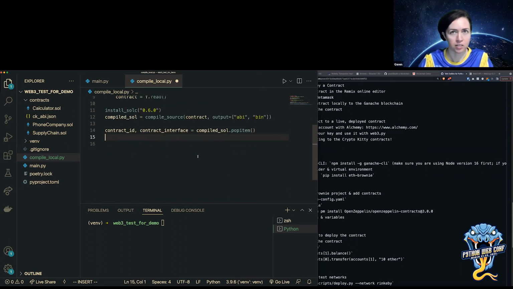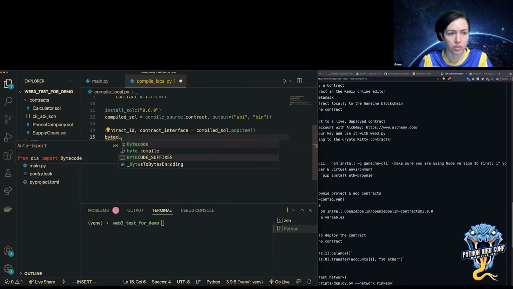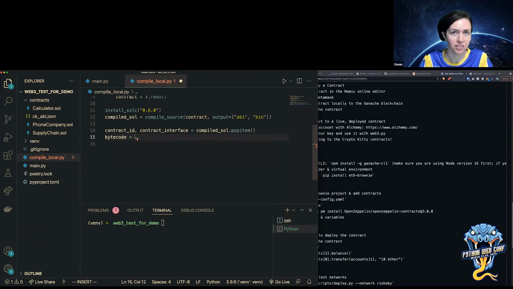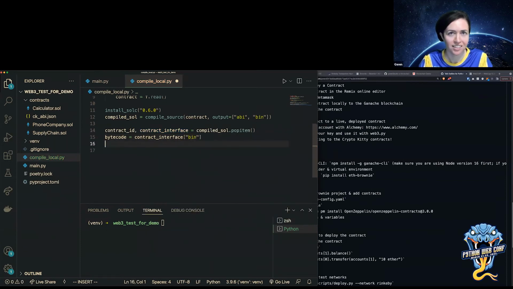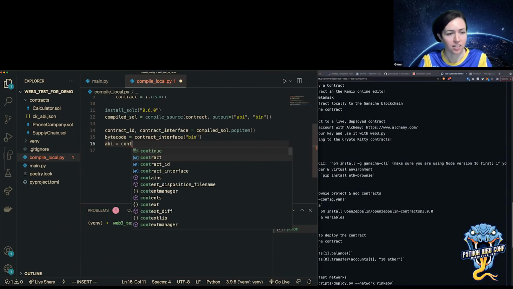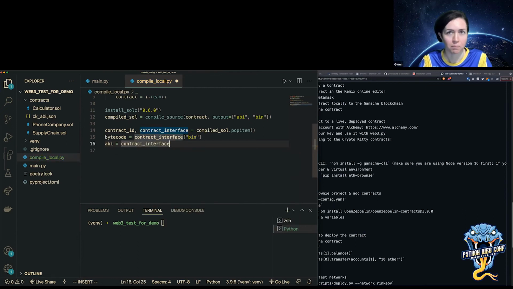I have the compiled contract, and I'm just going to save the bytecode for easy reference. So bytecode equals contract interface, and then let's say bin, and then ABI and contract interface, and go to ABI.